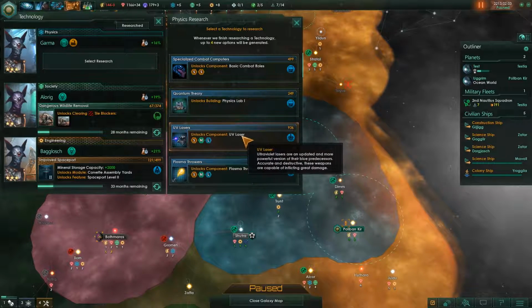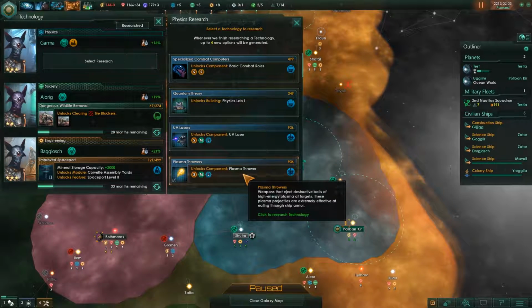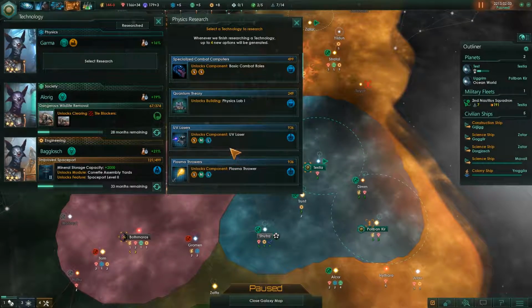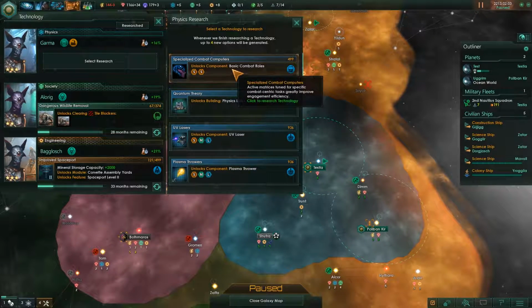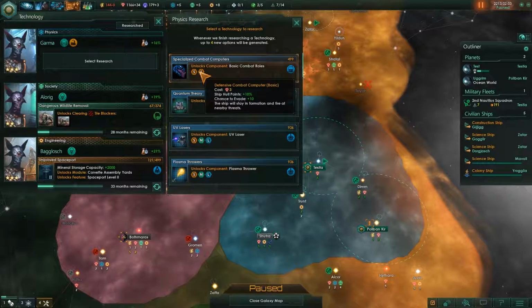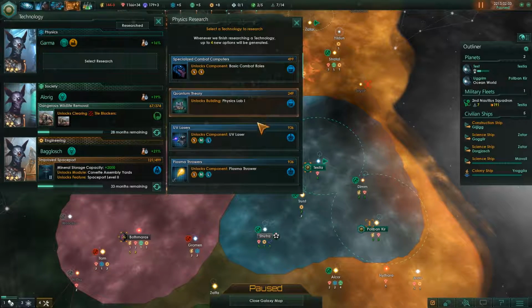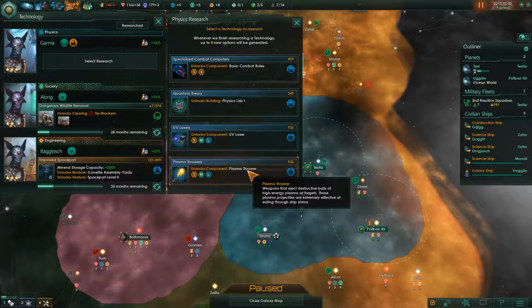We do a physics lab. We do UV laser, which is yet another level of laser. We do a plasma thrower. These are both expensive. Do we want physics research? We don't have much here, so we could give ourselves a bonus here. Kind of like the combat computer here, though. I'm actually torn on this because a lot of good things could come from this. We get either more diversified weapons, or we get...